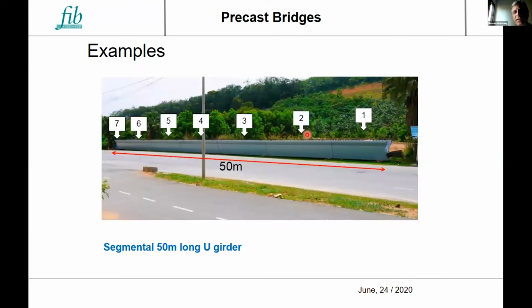This is one of the examples covered by the document. It's a segmental long U-girder, 50 meters long, built with precast segments, and they are all put together by post-tensioning on the job site.